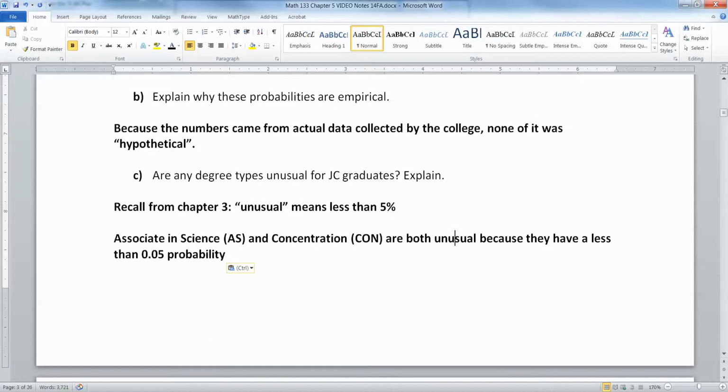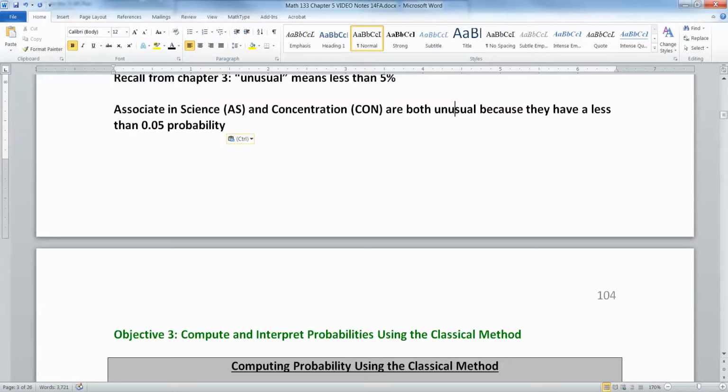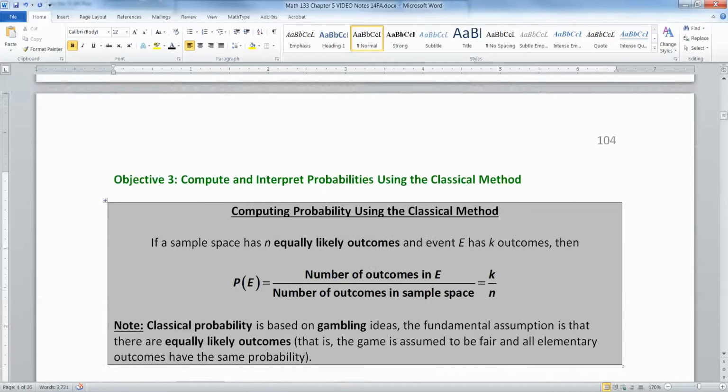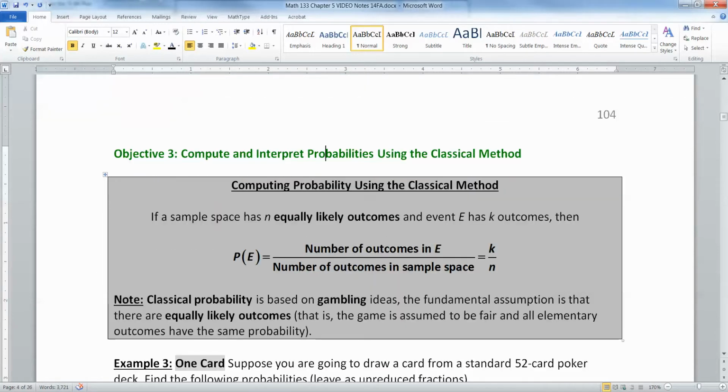All right, so we're all done with that first empirical probability section. Now let's look at the classical probability section, which is that hypothetical probability I was talking about earlier. This is where you assume that all the elements of the sample space are equally likely, and then you figure out the probability from the number of outcomes in event E divided by the total number of outcomes in the sample space. This is a much more difficult probability to find because everything is hypothetical. You don't have any data to rely on.